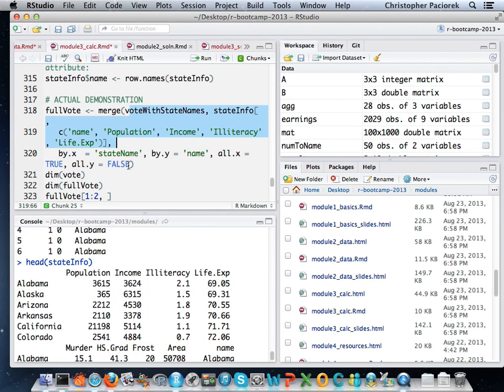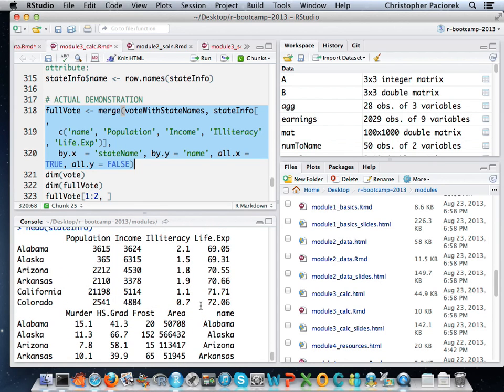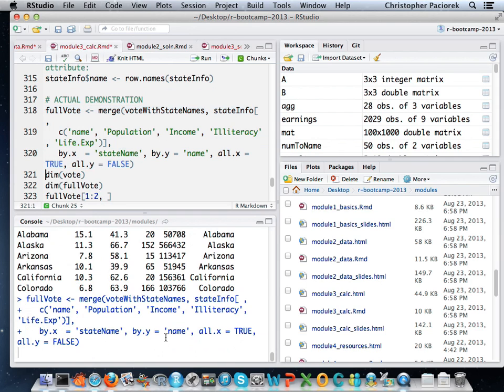And you do want to be careful here, and I think I'm maybe not being as careful as I should, about whether we're merging based on columns that are factor variables or columns that are character variables. Because when I look at the state level data set, it looks to me like these are being treated as factors because they're not in quotations. So if I were doing this for real, I'd be a little worried that I'm merging based on a factor variable in one data set and a character variable in another data set. I think in this case it works out okay, but that's something I would want to keep in mind in a real data analysis.